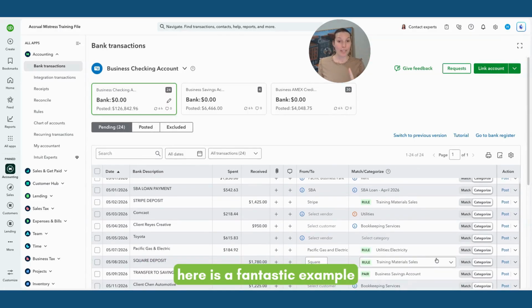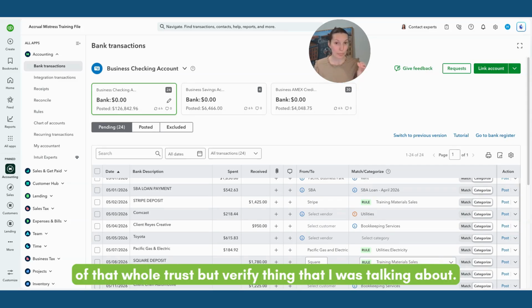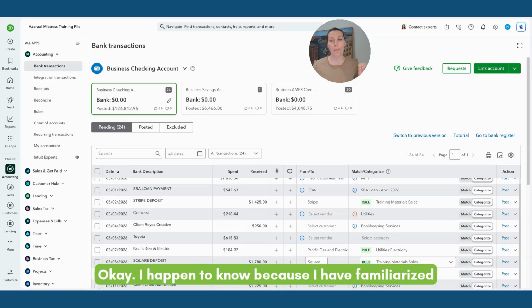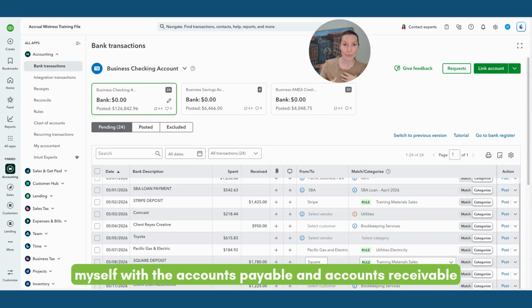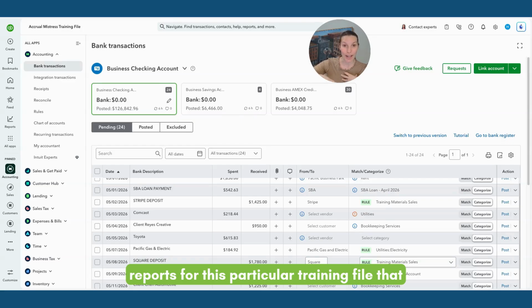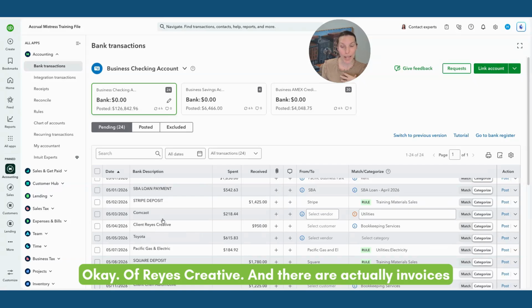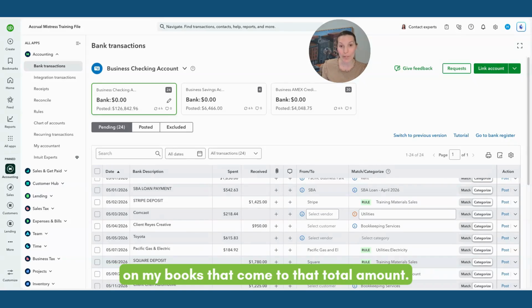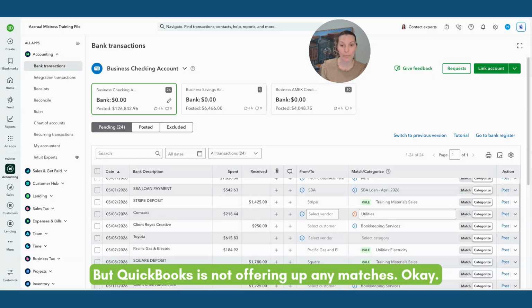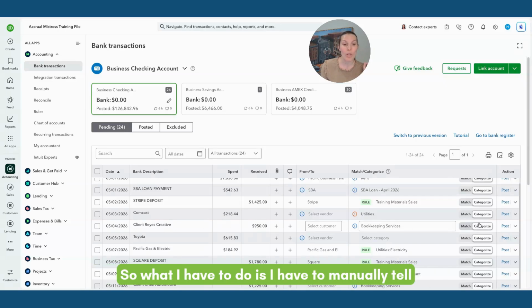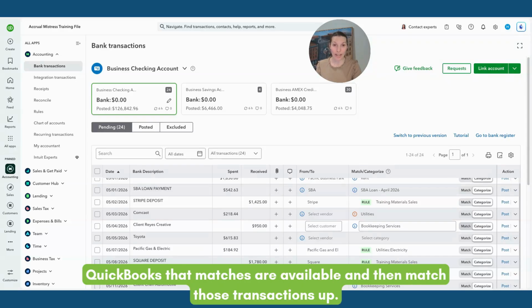Now, here is a fantastic example of that whole trust but verify thing that I was talking about, okay? I happen to know, because I have familiarized myself with the accounts payable and accounts receivable reports for this particular training file, that I am owed $950 by Amanda Reyes, okay, of Reyes Creative. And there are actually invoices on my books that come to that total amount. But QuickBooks is not offering up any matches, okay? So what I have to do is manually tell QuickBooks that matches are available and then match